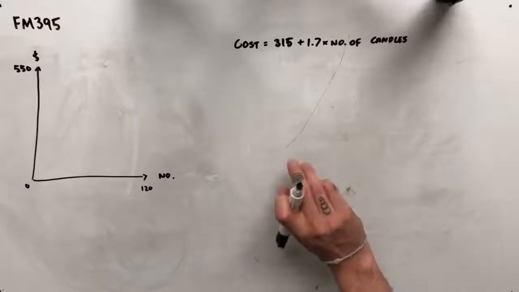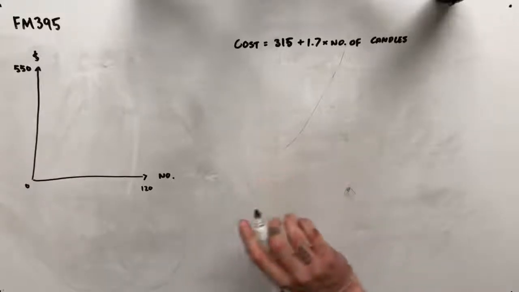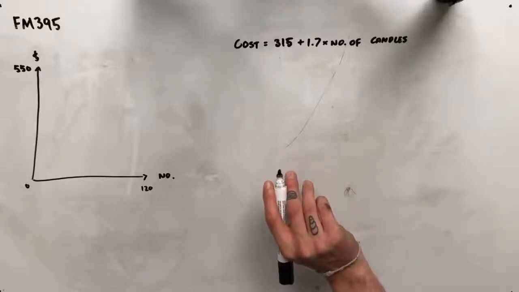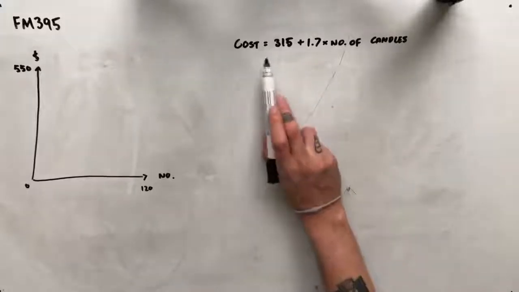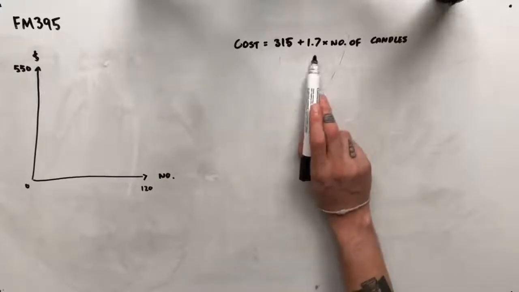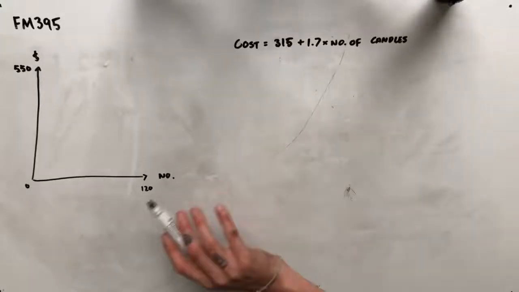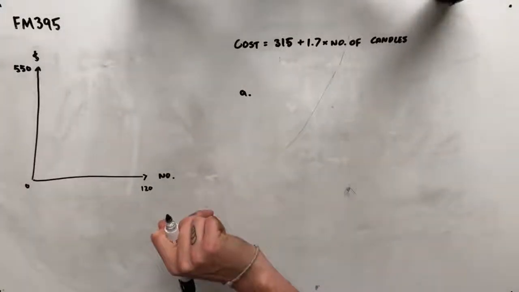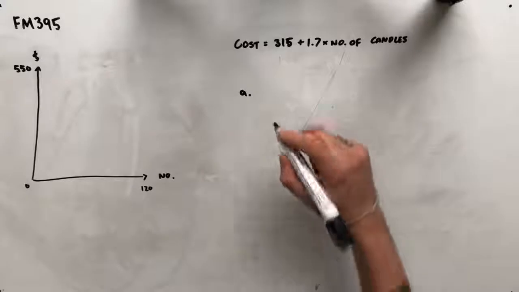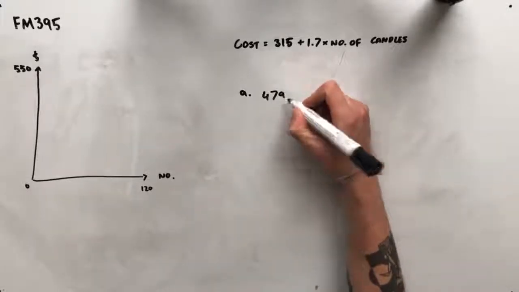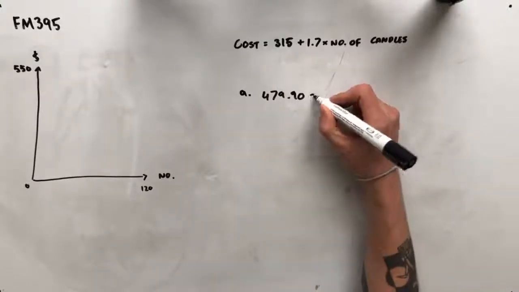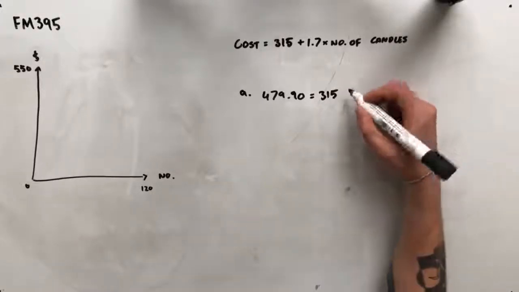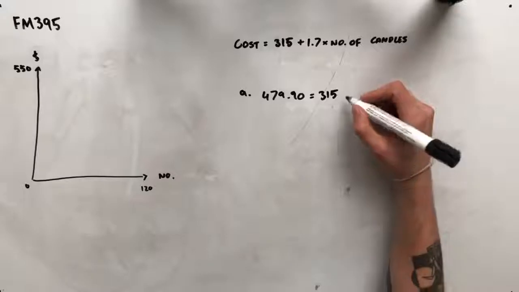This question reads: a company makes and sells candles over social media. The cost in dollars of manufacturing a certain number of candles can be found using the equation cost equals 315 plus 1.7 times the number of candles. Question A wants to know how many candles will be manufactured if the cost is $479.90. So to figure out this question, we simply put this into our formula above here, plus